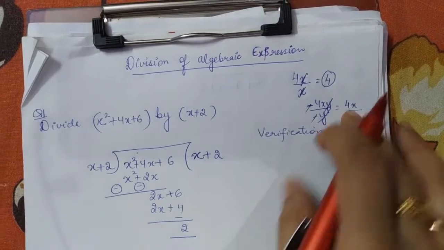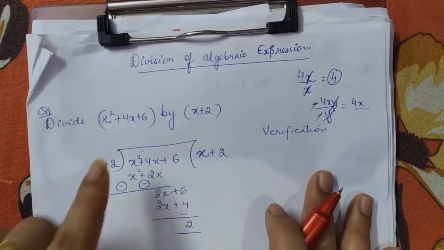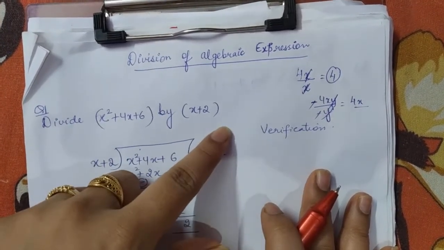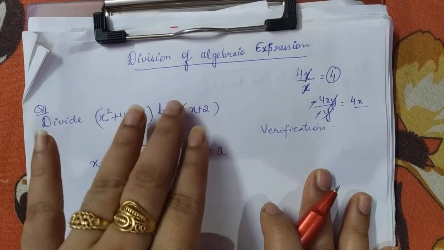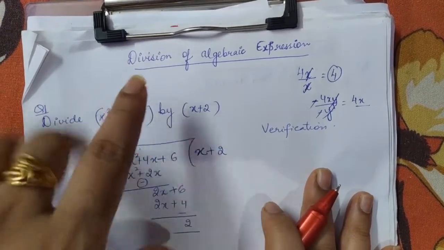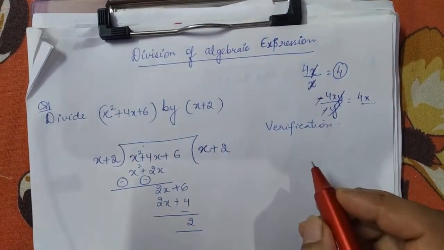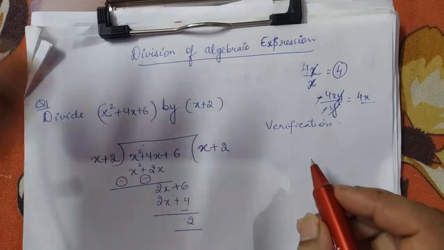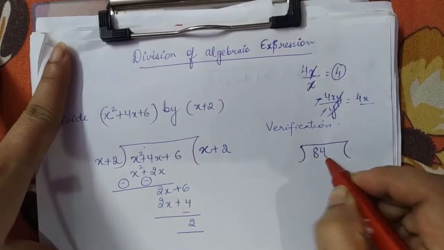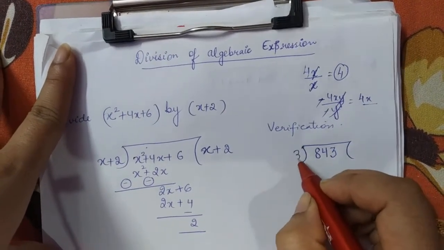Now today in this video I'll be covering division of algebraic expressions, when an expression is given to you and it has to be divided by an expression also. While you look at the question it might look difficult to you, but the concept is very easy. You just have to follow the same pattern as we do in our normal number division. Like if suppose I take 843 and I am going to divide it by 3.